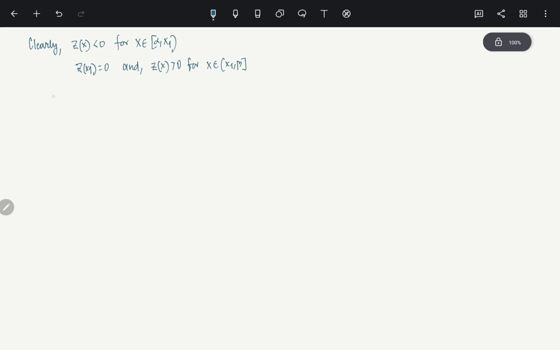Is this okay? Also you see, this is important. Okay, z double prime, if you calculate of x, you see this is exponential gamma times things, right? So it is basically gamma square exponential gamma x minus x1, okay, so minus 1 is gone with the derivative. Now this is positive, exponential is a positive term, gamma square is positive. Okay, this is positive for all x in closed alpha beta.